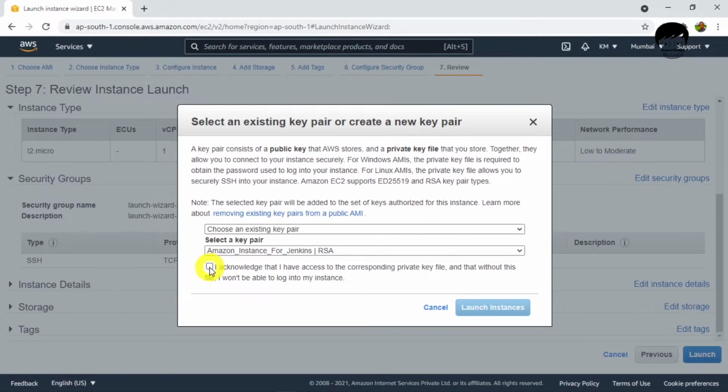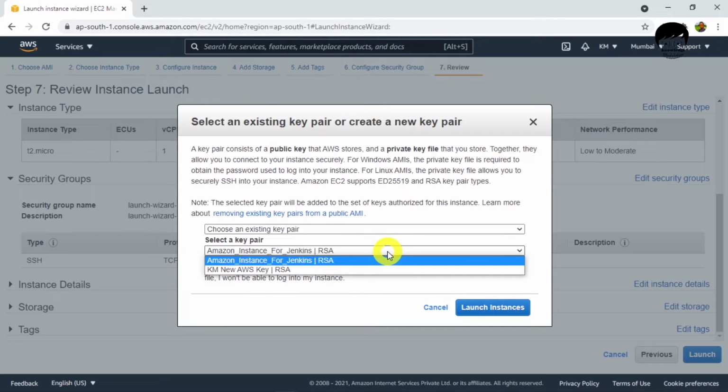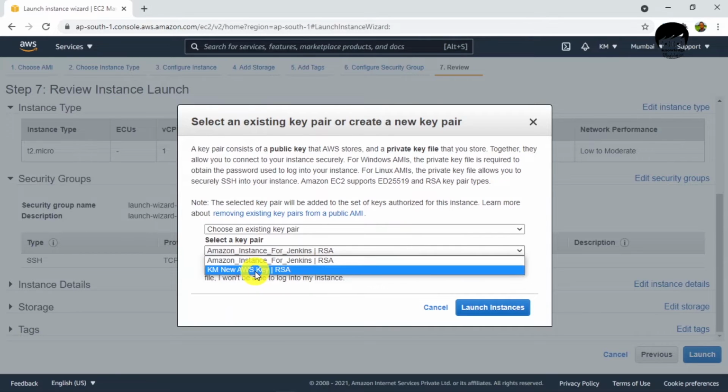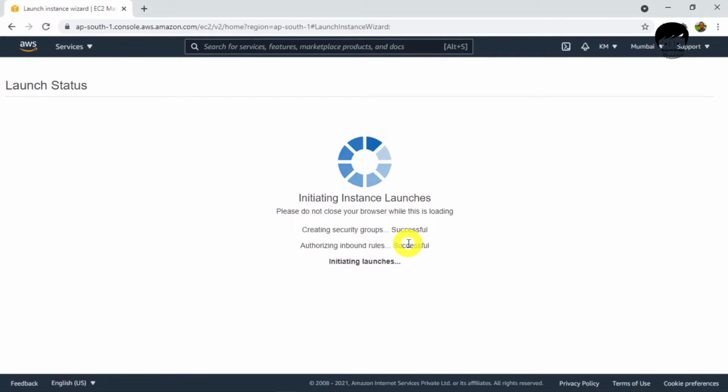And one more thing, if you don't know how to launch these instances, please watch my previous videos. In those videos I clearly mentioned how to create these instances, so I'm not going to repeat this again. I have downloaded key pairs, so I'll just select one of these key pairs so that I can directly launch my instance.